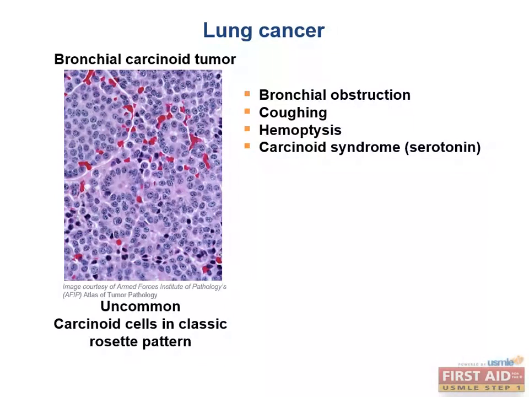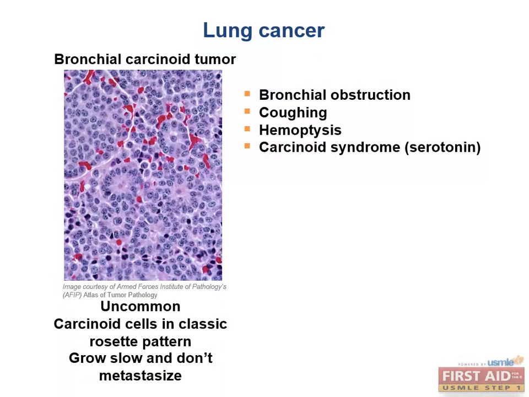Okay, getting back to the lung. The good news is that this type of tumor tends to be slow growing and doesn't often metastasize. This is mainly treated by surgical resection, and the 5-year survival rate is really good, 75 to 95%, compared with the other lung cancers. Overall, how can you remember which of these lung cancers are central versus peripheral?